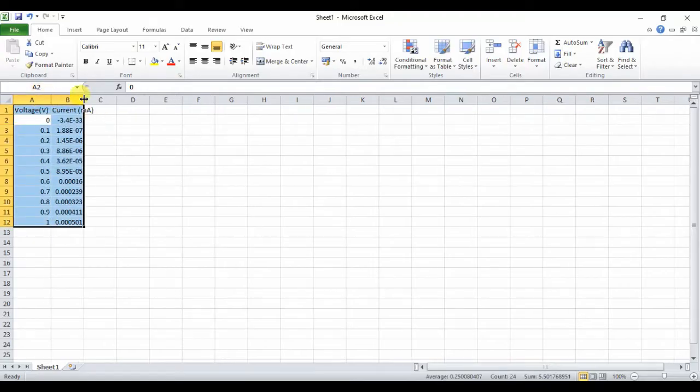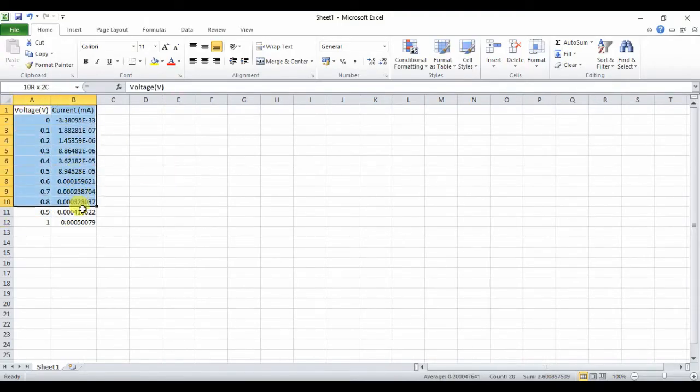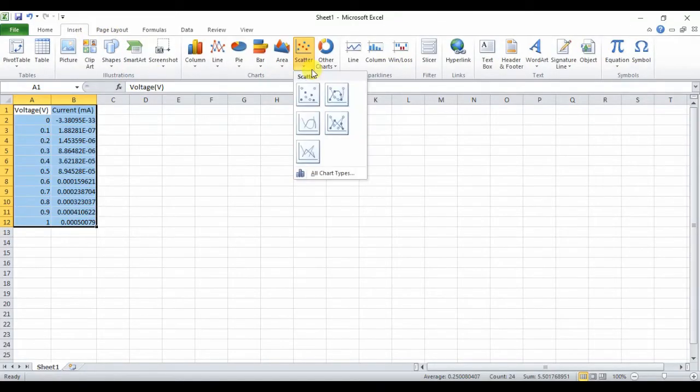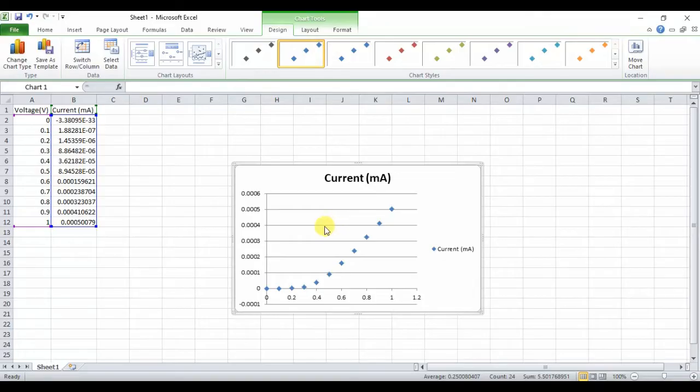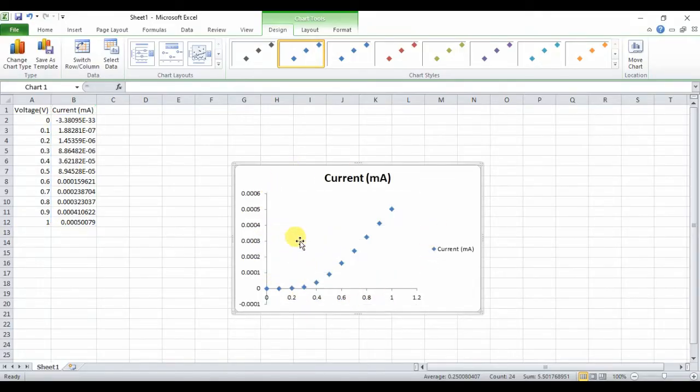Like this we are going to get the values. For this we can draw a scatter graph. If you draw a scatter graph, we can observe the graph like this. See this.